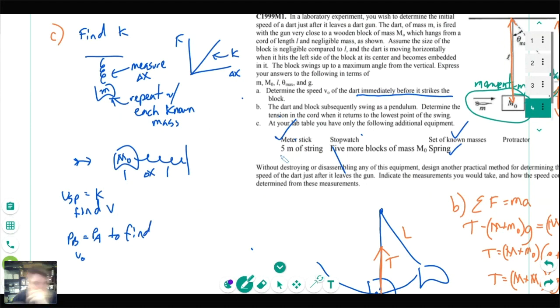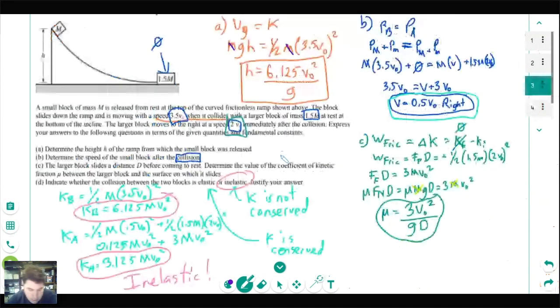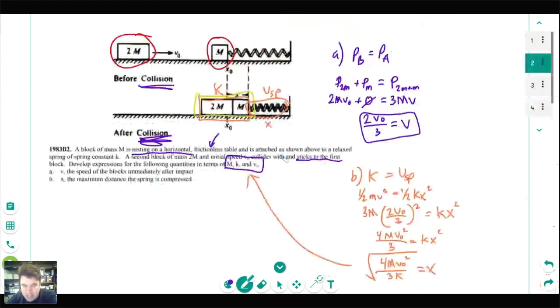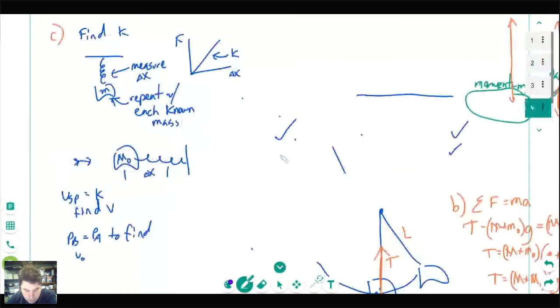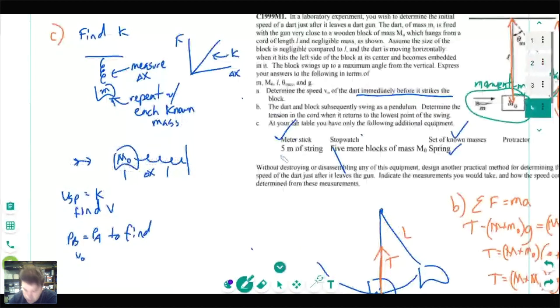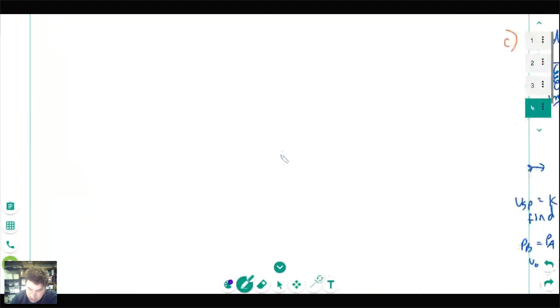Okay. Pretty much exactly like we did in the previous question back here, not that one, this one. That's where we had a block moving in, hits, it collides, stuff like that. The only difference is that's your dart right there instead of the block of mass 2m. Either way is going to work for that. Okay, so that's one way to do it. Another possibility, since we're doing experimental design, let's talk about a couple other things you could do.